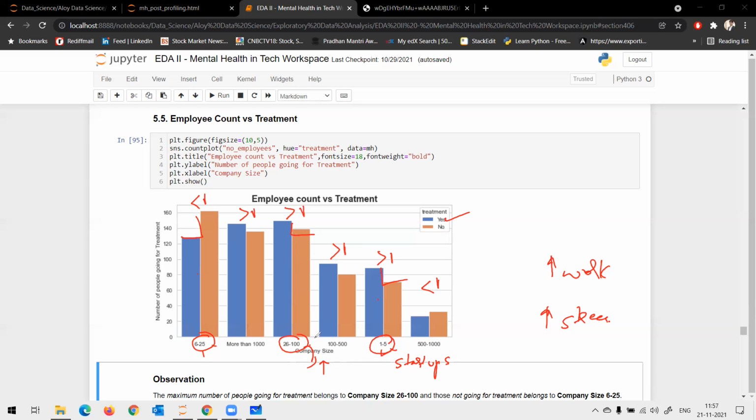So from 100 to 500, again the same trend, but when it comes to 500 to 1000, again there is a reversal. After 500, it becomes a mid-size company, and things ease up for a mid-size company. So this is kind of a sweet spot for a mid-size company where everybody is happy, but your growth never stops.